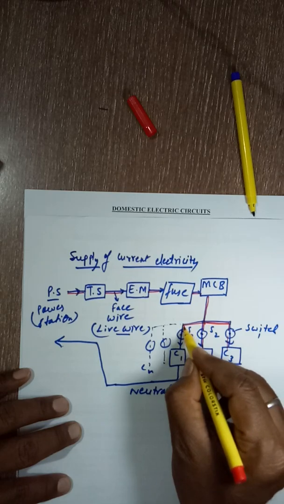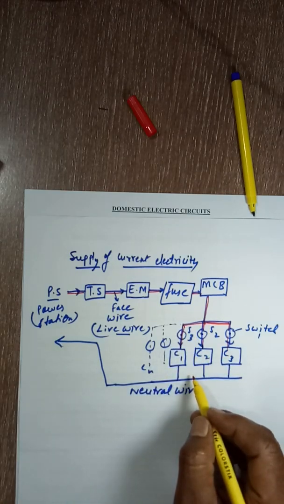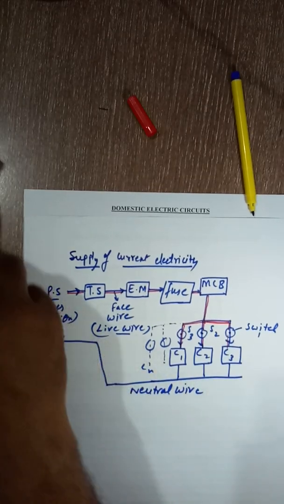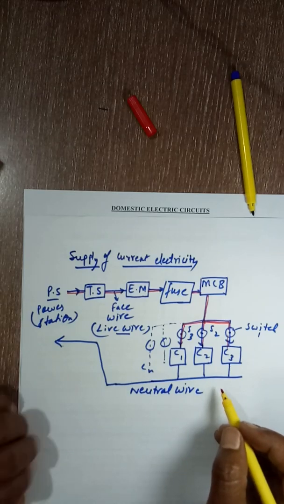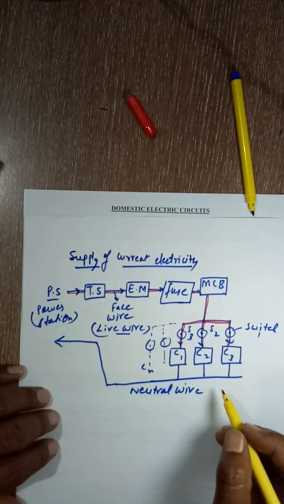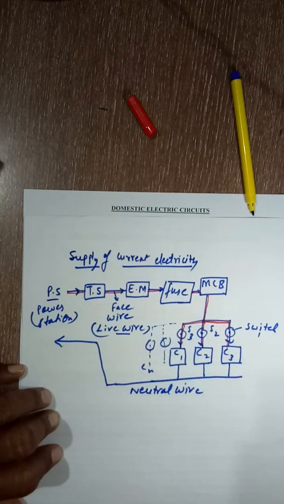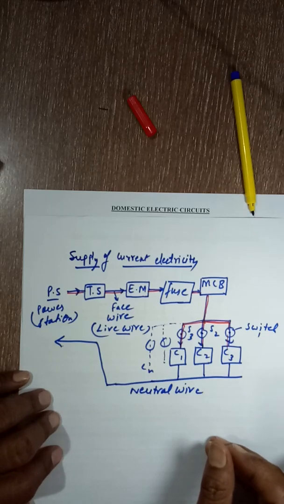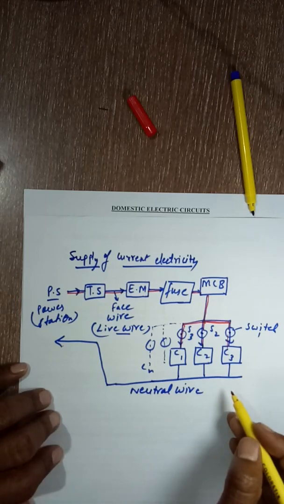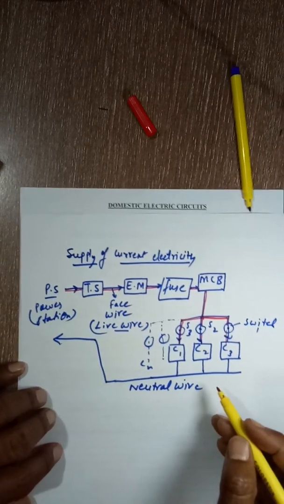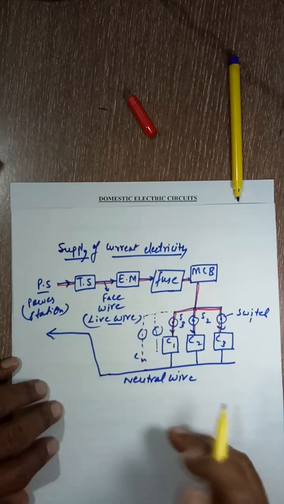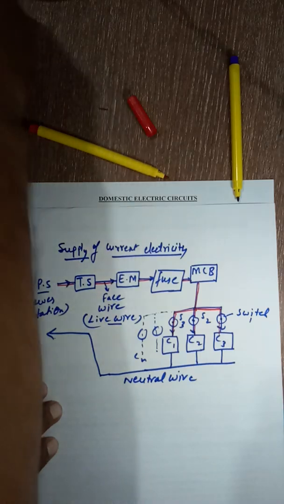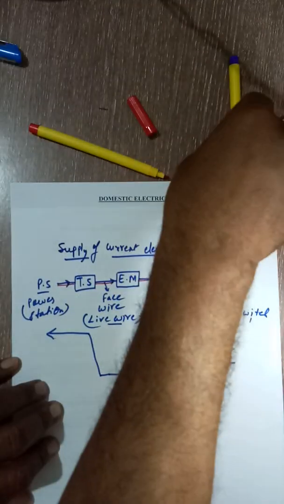Generally, phase wire is kept as red in color and the neutral wire blue in color, right. But this is the standard that has been maintained for phase wire, but it is not so key. If you are using black color, it will work, right. But for the standard that has been already decided, we should use red color for phase wire and blue wire for neutral wire. One more wire is there, that is green in color, attached here, right.